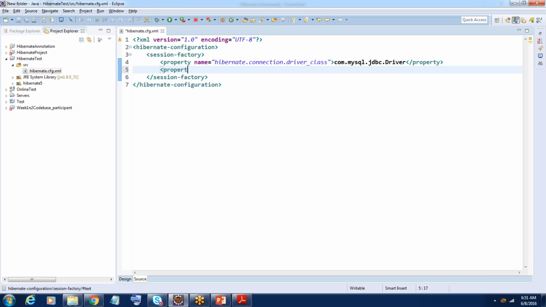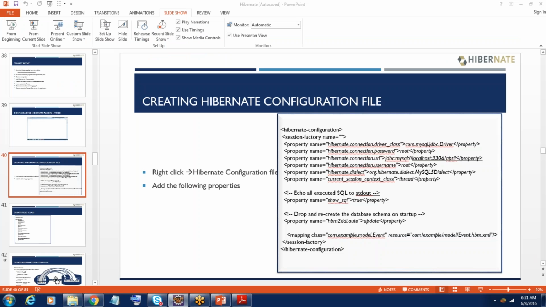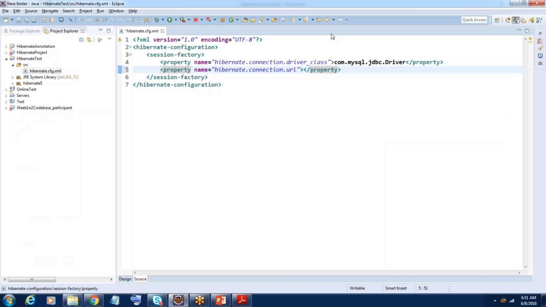and then the next property name is equal to hibernate dot connection dot URL. So what is that URL? I don't remember. JDBC colon MySQL localhost, your port number is 3306. At the end we'll write that. And the next property is name is equal to hibernate dot connection dot